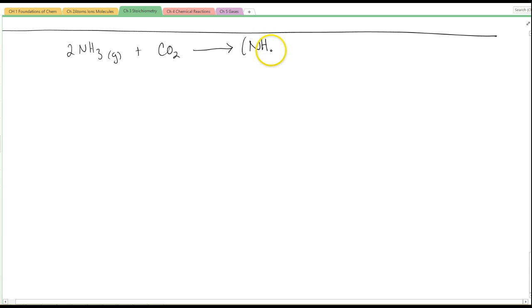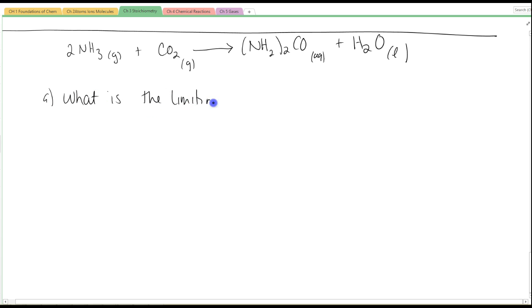So NH2CO plus H2O. So here I have my balanced chemical reaction. It's the same place we started last time. And the next step, to figure out the limiting reactant. So we always have to figure out the limiting reactant before we do any stoichiometry. And that's because we need to make sure we're basing our calculations off of the reactant that's going to run